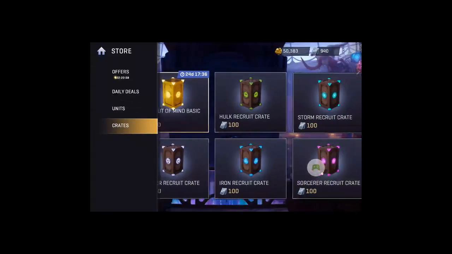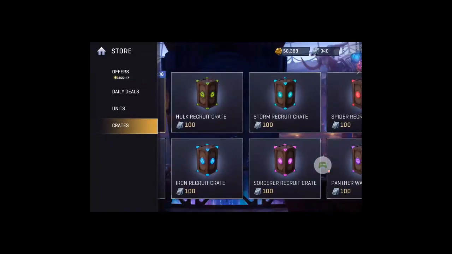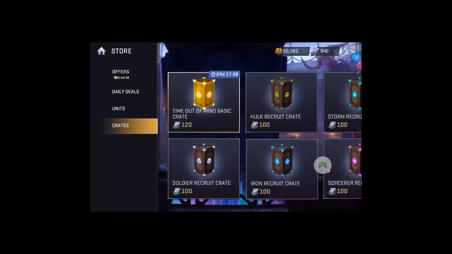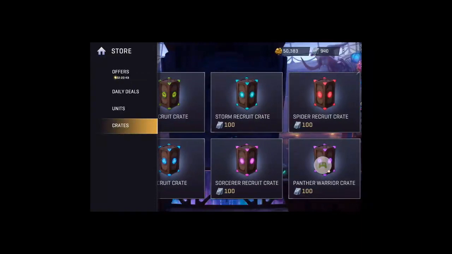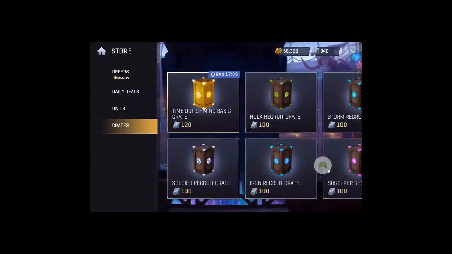So we have crates. This time out of mind is here for about 24 more days. It's a little bit of an odd crate, but there's the Captain America ones with the soldier, Hulk, the Iron Man one, Storm, Sorcerer Supreme, Spider, and Black Panther ones over there. So they have your typical crates for all the characters. This time out of mind one